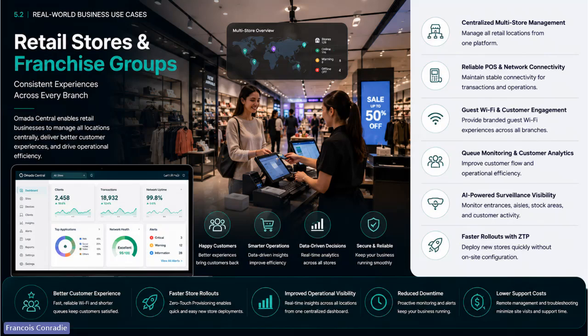Our next use case, retail stores. Obviously, in the retail environment, they always rely on connectivity as well. Everything depends on the network. Our POS systems, payment terminals, inventory systems, even guest Wi-Fi. They've got digital signage and obviously the surveillance, all on one network. If something goes wrong there, it's really hard to figure out where the issue is. That causes downtime for them,